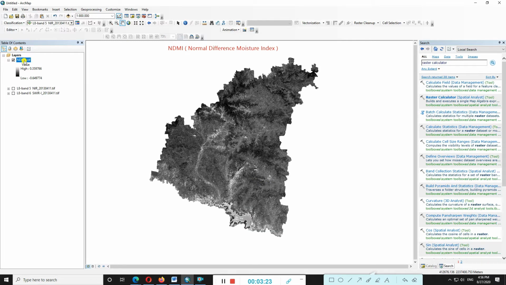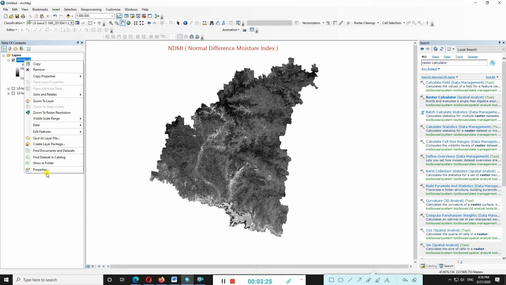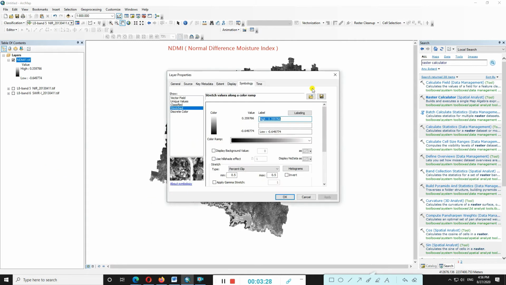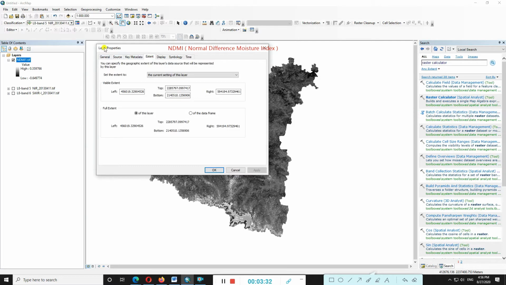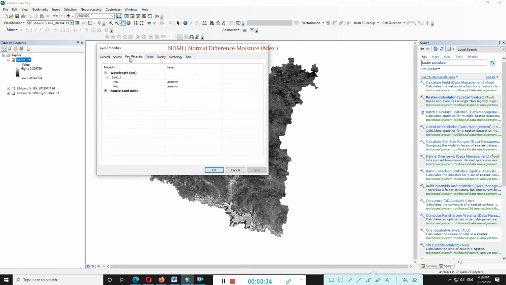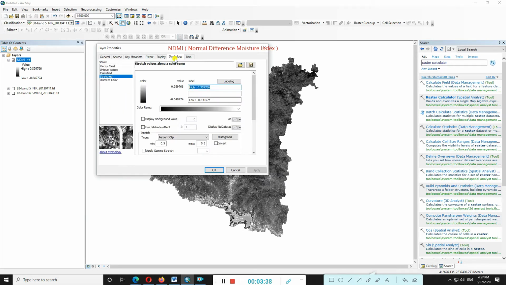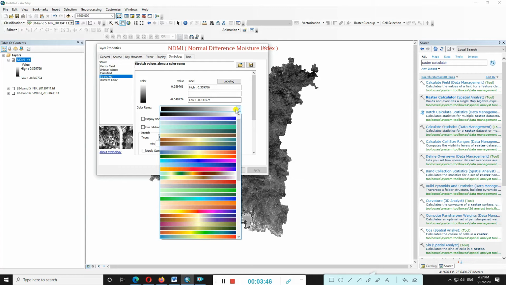Go to your result, right click, and go to properties. In the layer properties there are a number of tabs: general, source, metadata, extent, display, and symbology. We focus on symbology. Go to the stretch options here, color ramp, and select one.